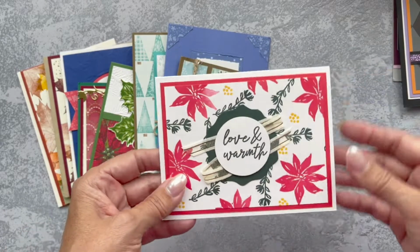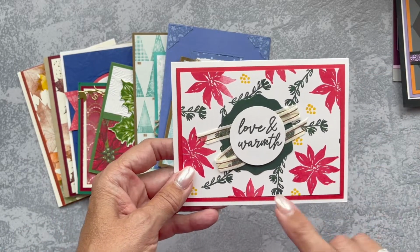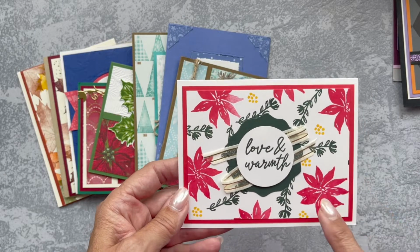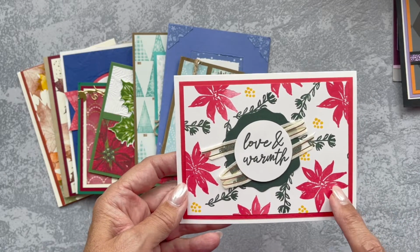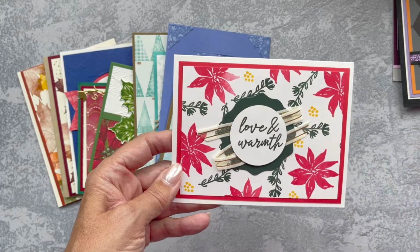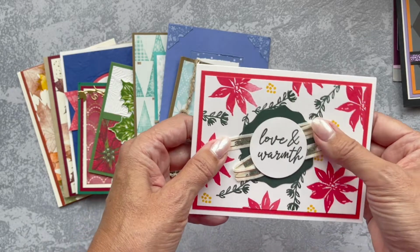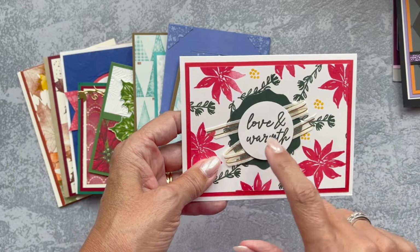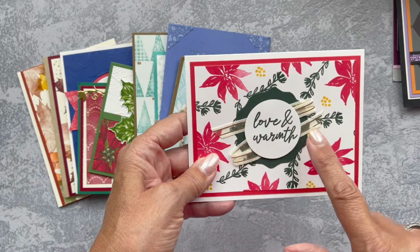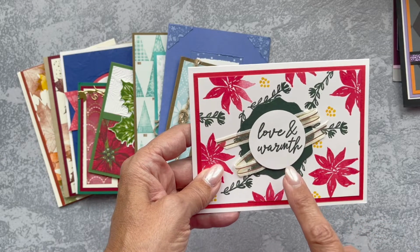This card comes to me from Yvette Sanchez. This is from the Poinsettia stamp set and bundle that is in the holiday catalog. I love her use of the ribbon as really a layer. It's not really a bow. It's truly a layer for the way that she squiggled it back and forth and attached it to this cute circle. This element right here is from one of the new punches that I do believe is in the annual catalog,